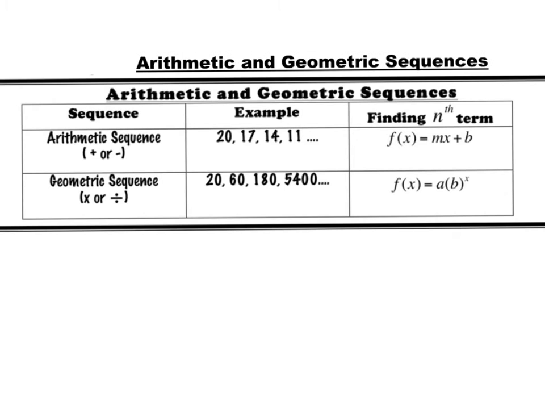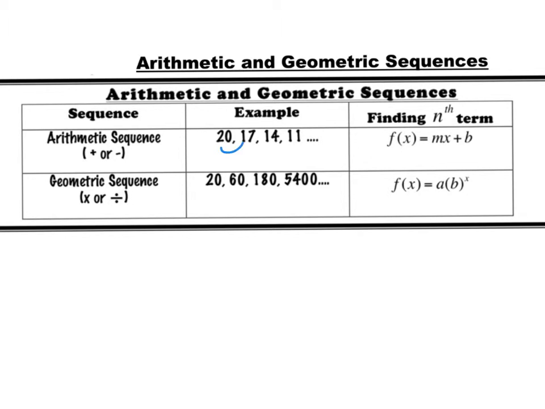In this lesson, we're going to take a look at the difference between arithmetic and geometric sequences. All right, so let's take a look at how we can tell the difference between arithmetic and geometric sequences. Notice our first example, how I went from 20 to 17, and then 17 to 14, and then 14 to